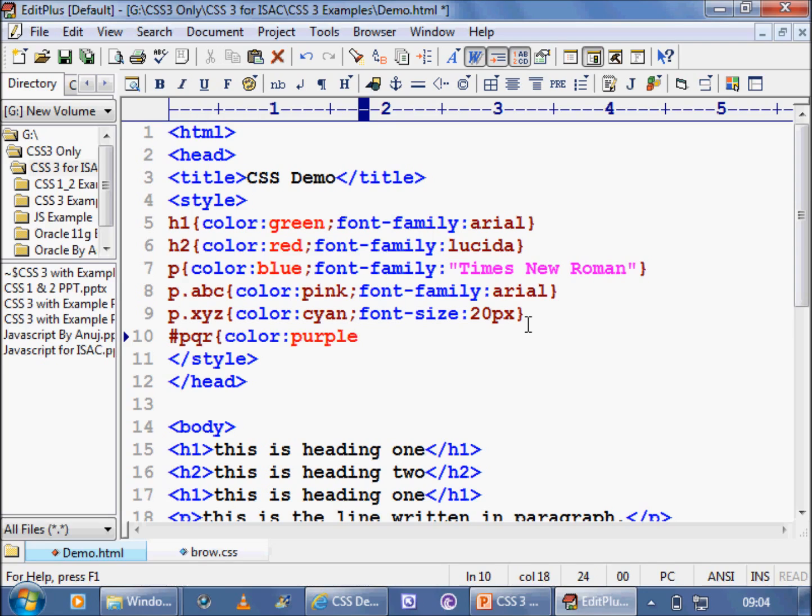Okay, and then font size equal to 30 pixel, something like that. Font family, font family should be, suppose here, Arial. Okay,